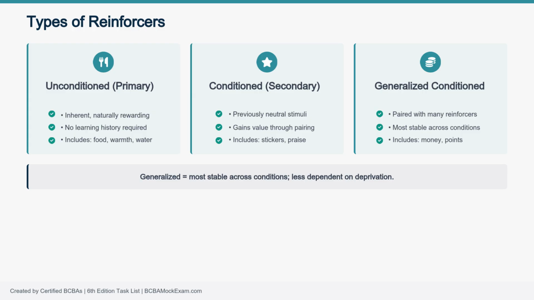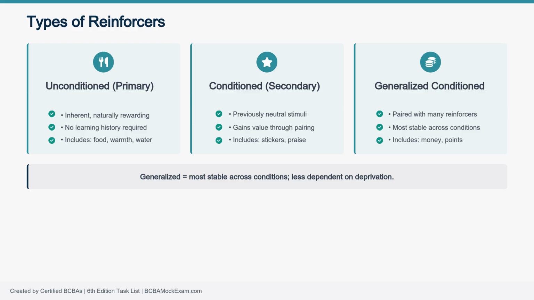This slide focuses on the reinforcement half of that chart. Unconditioned, or primary, reinforcers require no learning to be effective. They are inherently valuable and especially potent under deprivation. Think food when hungry or warmth when cold. Conditioned reinforcers, like stickers, tokens, or specific praise statements, begin as neutral stimuli and take on reinforcing properties through reliable pairing with other reinforcers. Generalized conditioned reinforcers, money, well-designed token systems, points that can be exchanged for many different items,